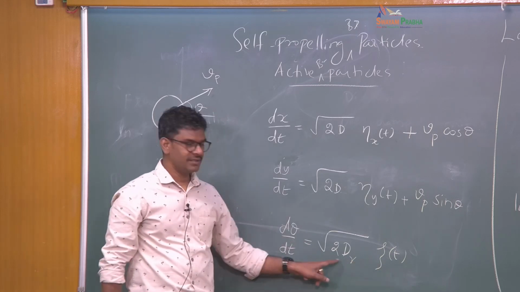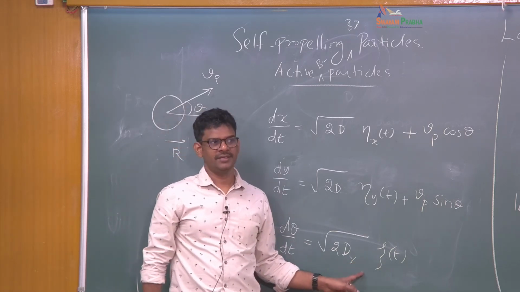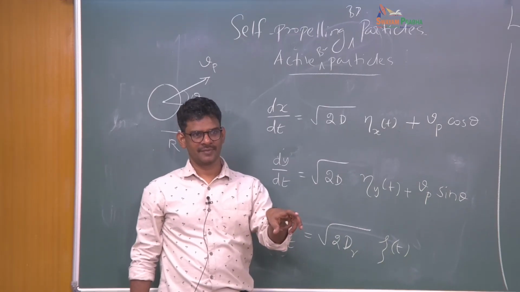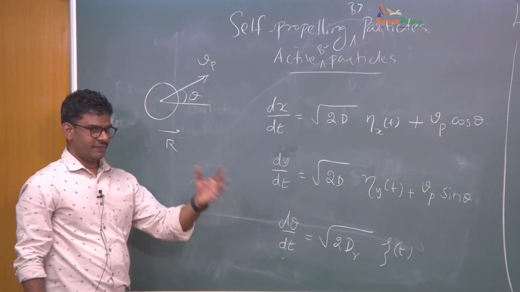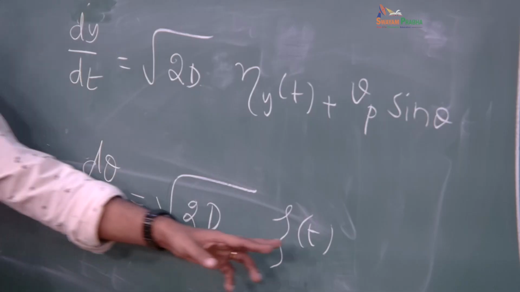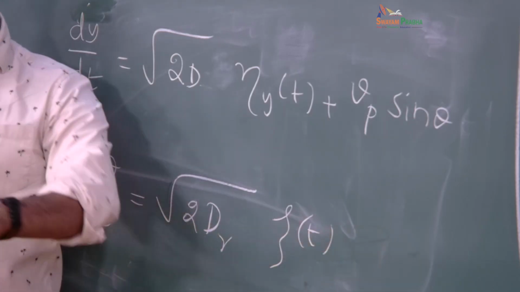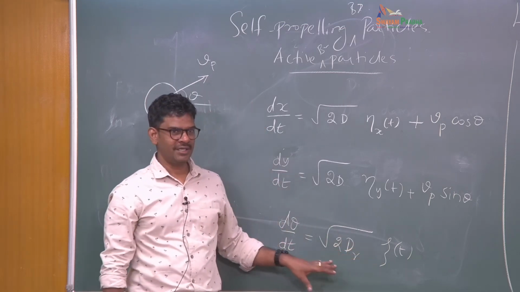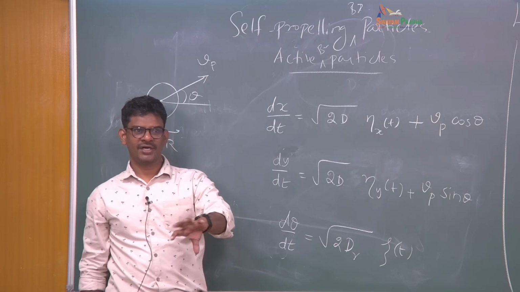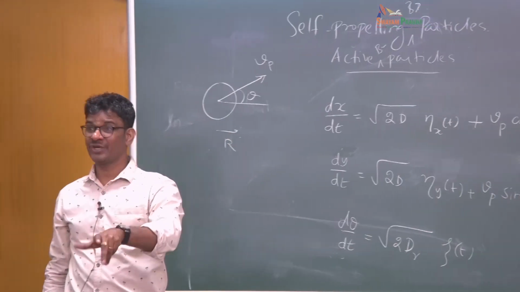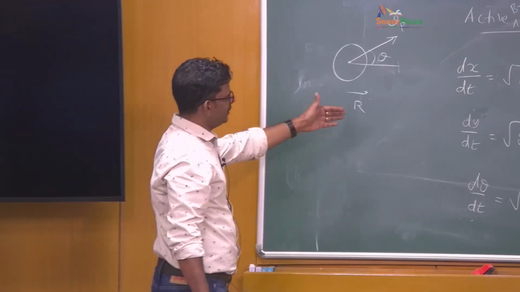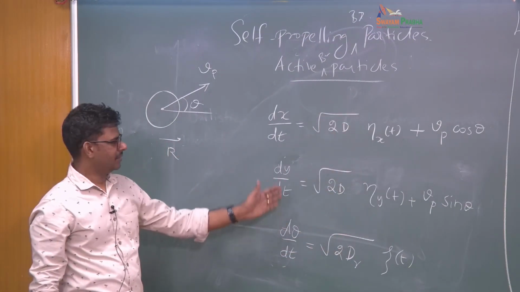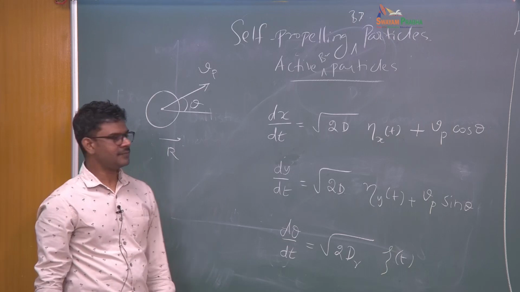and the prefactor governed by the rotational diffusivity of the particle. It's a free diffusion. In fact, we wrote some papers where we even added an angular velocity to this. Sometimes the particle can also rotate with a particular angular velocity. You can add that also. But right now in this model, we have a free rotation. The particles are undergoing some sort of a free diffusion in the rotational direction. So you have a set of 3 differential equations,